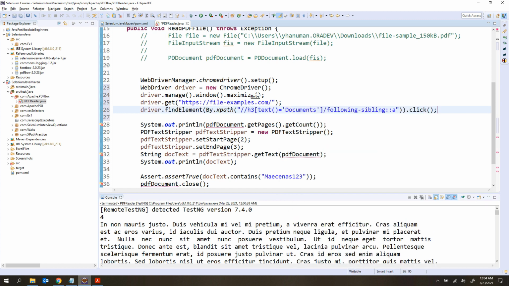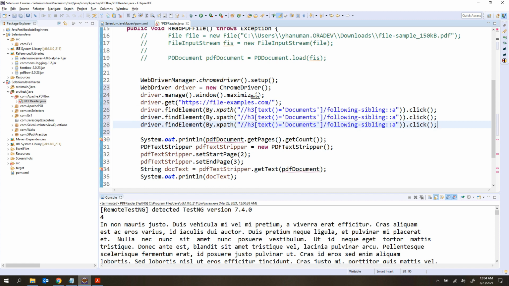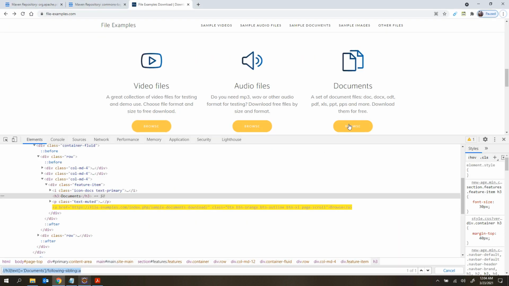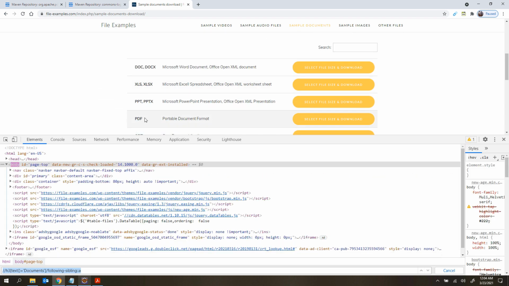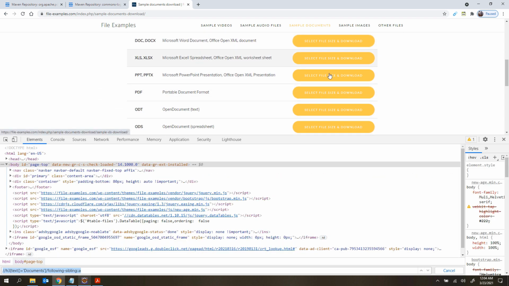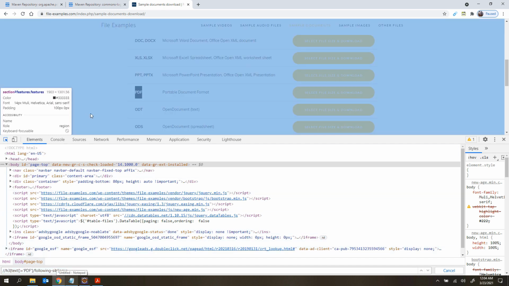In a similar way, I want to click three more buttons. Okay, two more buttons basically. So let me click on this. Once I navigate into this website, I need to click on this button. This button also has the same text, but I want to click on that button based on this text, guys. So copy this PDF and let me change this one. I'll show you here.